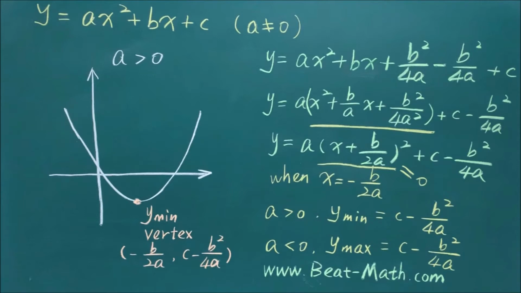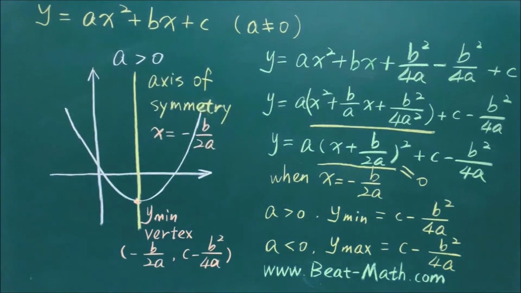Now let's look back at the graph of the quadratic function. Just by looking at it, you can see that it is symmetrical and its line of symmetry passes through the vertex. That means the vertex line x equals negative b divided by 2a is the axis of symmetry of the parabola. Okay, now that we've finished learning the basic concepts of the quadratic function, let's look at an example together